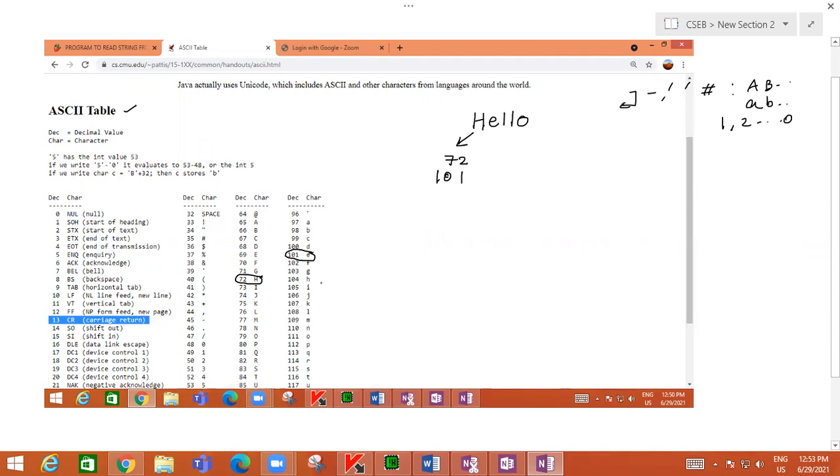And small l is 108, two times. And small o, L M N O, corresponds to 111. So you should add up and you should get the sum.